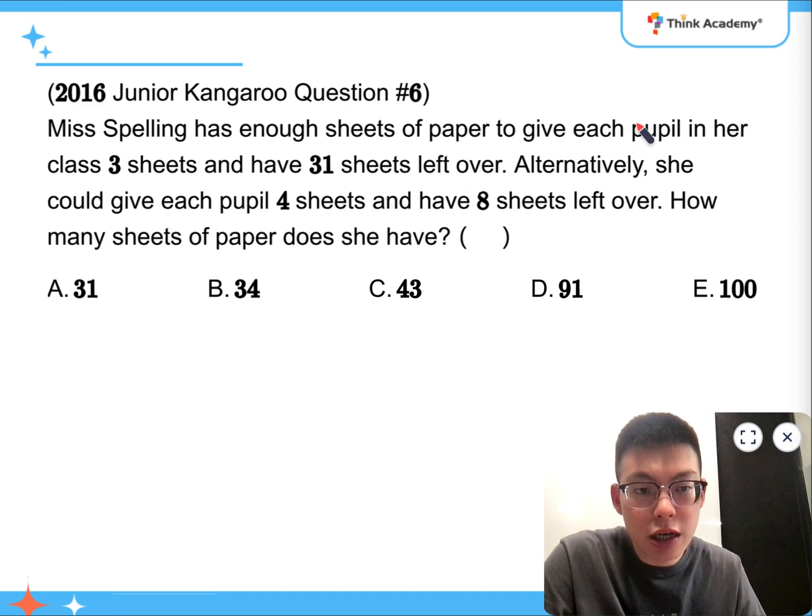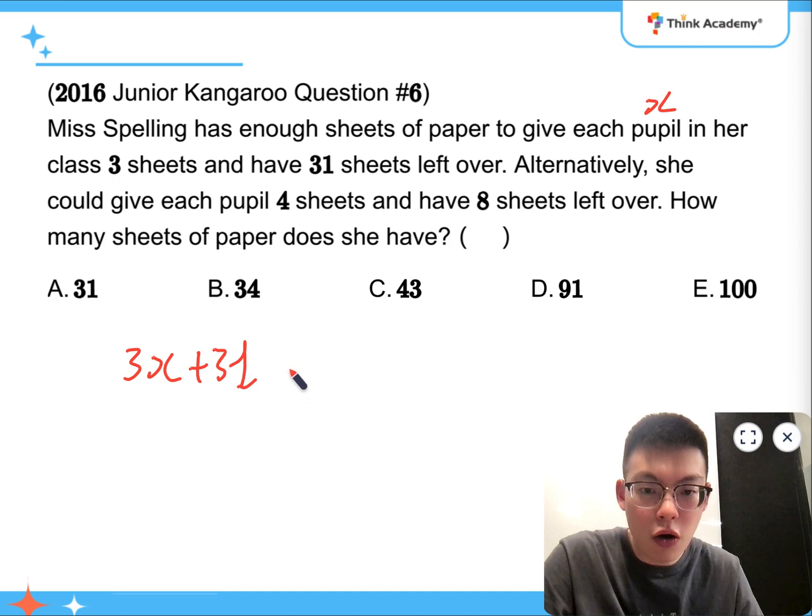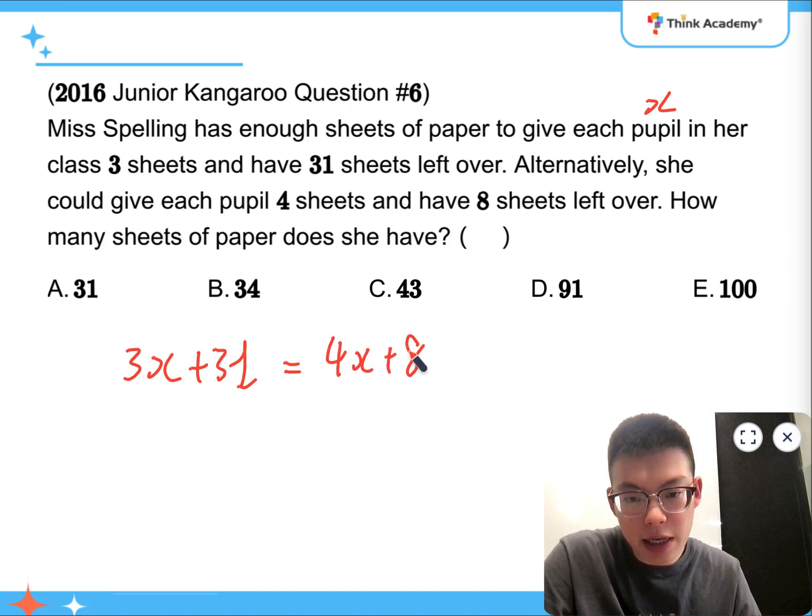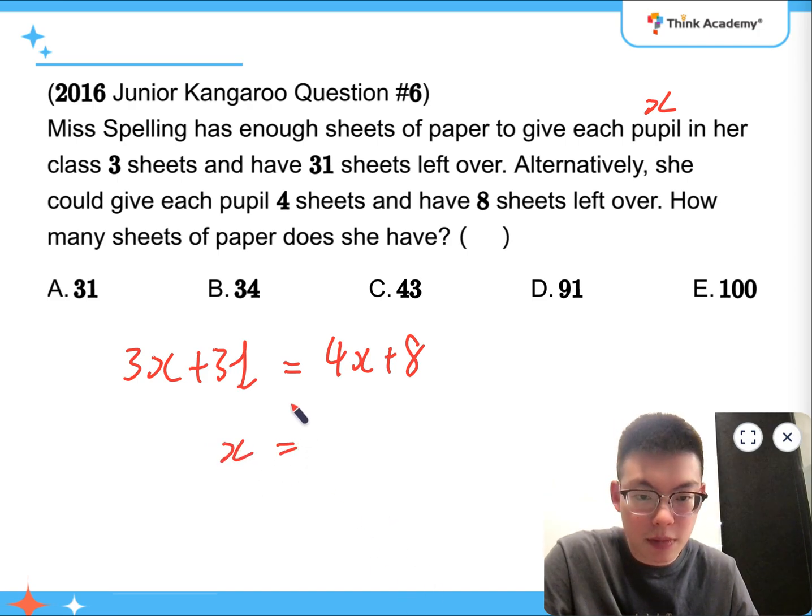Basically, let's say the number of pupils is going to be x, such that the number of sheets can be represented by 3x + 31 or 4x + 8. Now we can list an equation there to find the number of students. So it means that 4x take away 3x, which is x, is going to be 31 take away 8, that is